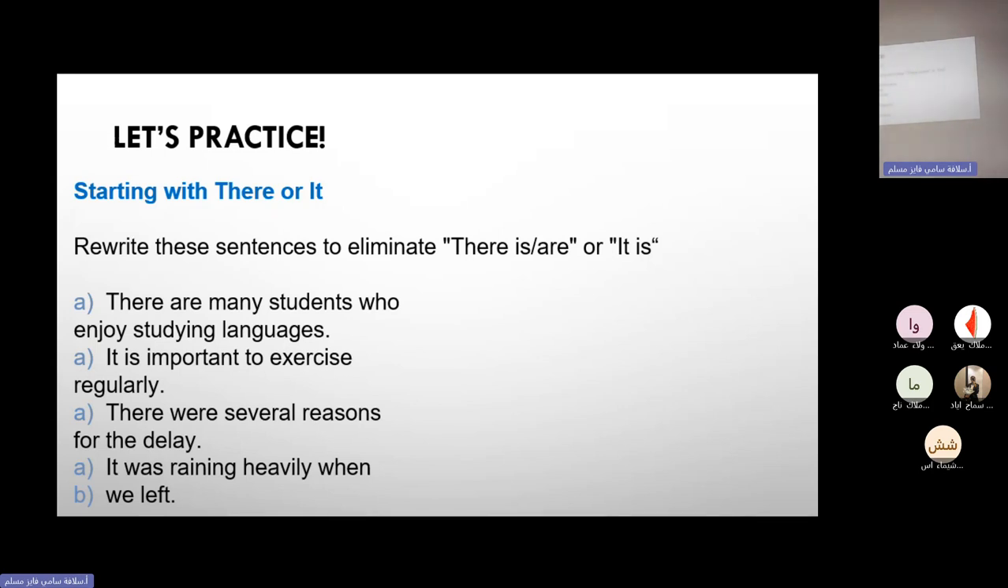Okay? So I'll give you 1 minute. Think about the sentences and eliminate. احذفوا there is, there are, it is, if the subject is in the sentence. تحذفوهم بدكم تغيروا. It depends. شوفوا شو بدكم تساووا. اوكي؟